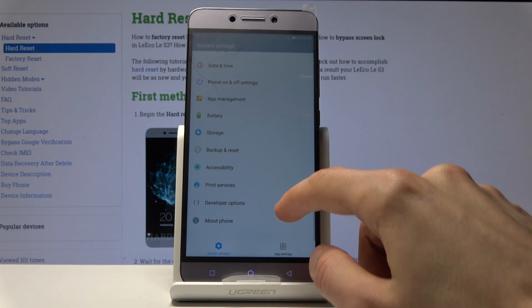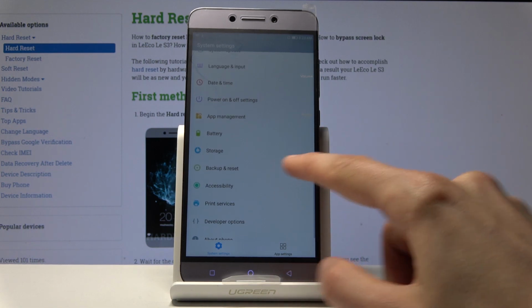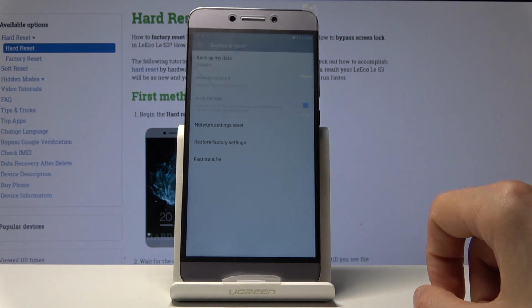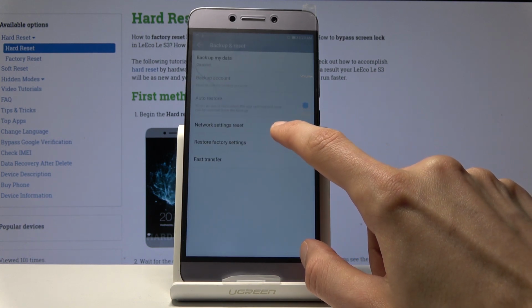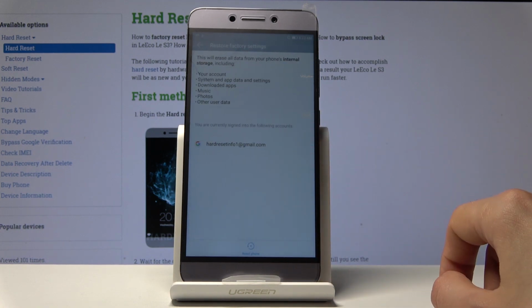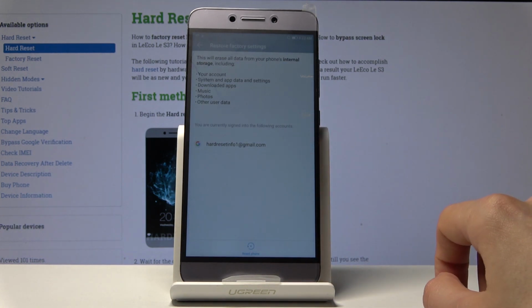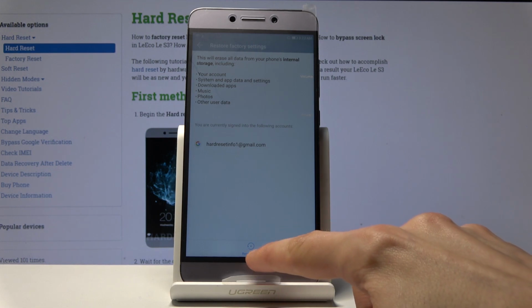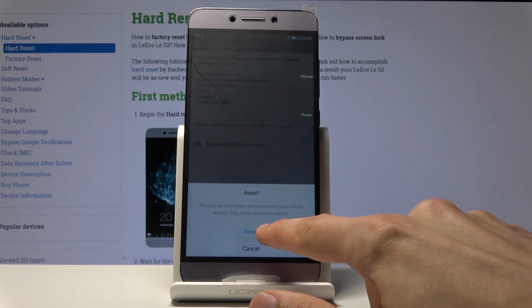Go back. And now we want to go into backup and reset. And choose reset factory settings. It will give you a message that will remove basically everything, so your accounts, downloads, music, whatever. But as you can see, there is nothing on this device, so it's not like we want to keep anything. And all you need to do is just tap on reset phone, reset,